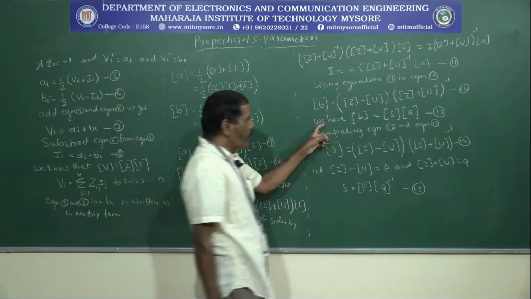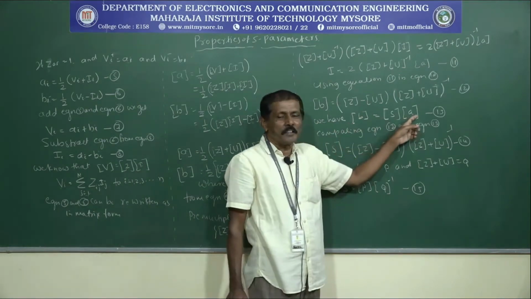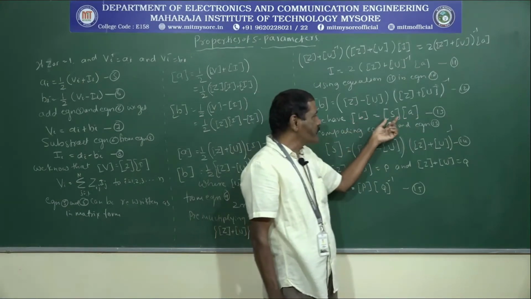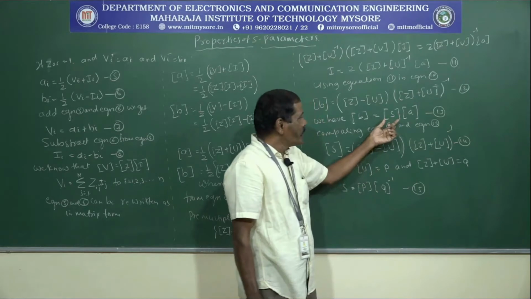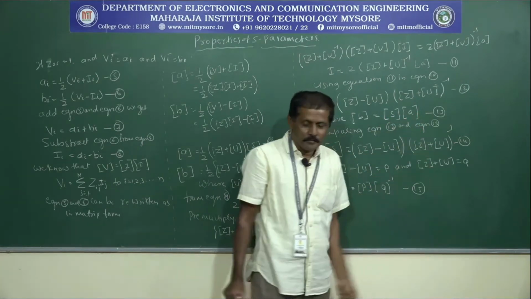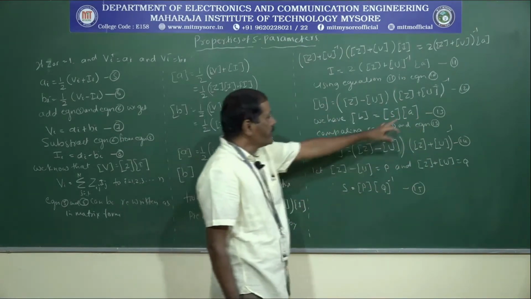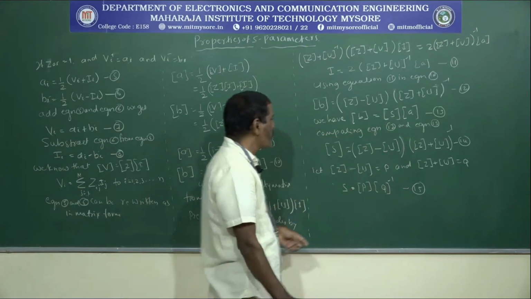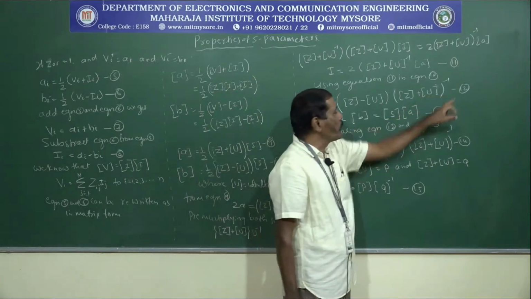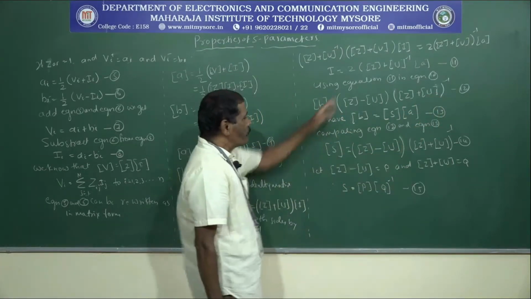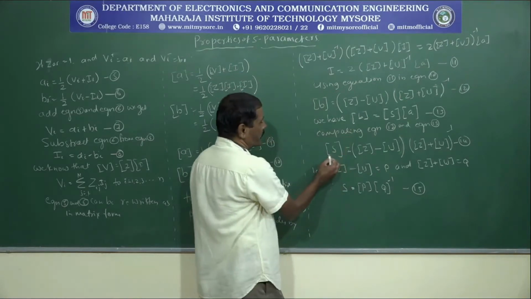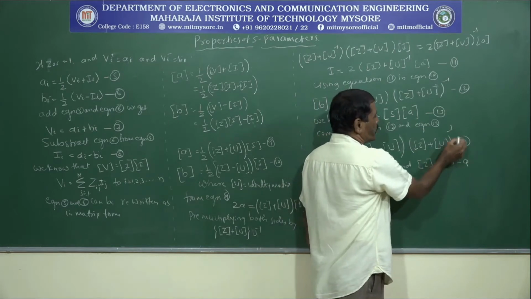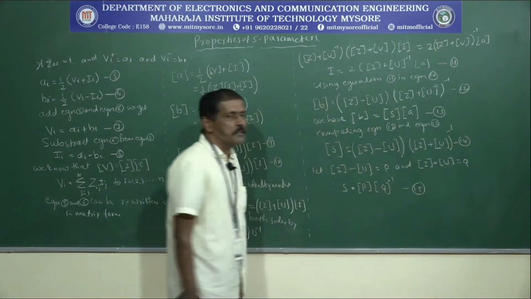Then we have B is equal to S into A, that is, reflected voltage is equal to S into A, where A is the incident voltage and S is the scattering matrix. Now compare equations 12 and 13. By comparing them, I can write S equal to (Z minus U) into (Z plus U) raised to minus 1. Call it equation number 14.